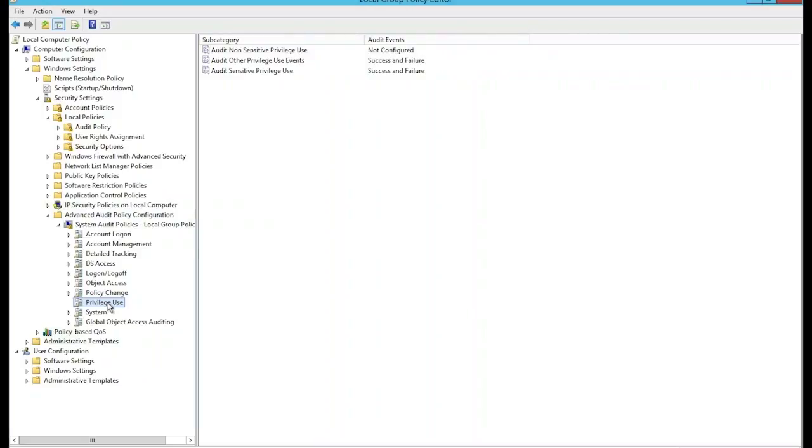You can do so with the advanced audit policy configuration. Click on the privilege use. This will list the 3 behaviors under the privilege use. That is the non-sensitive privilege use, other privilege use events, and sensitive privilege use events. You can fine tune it by